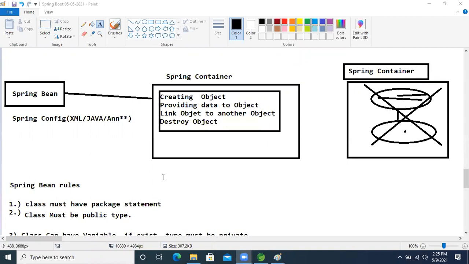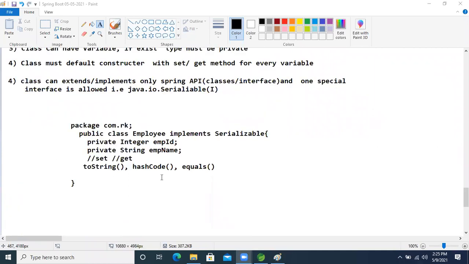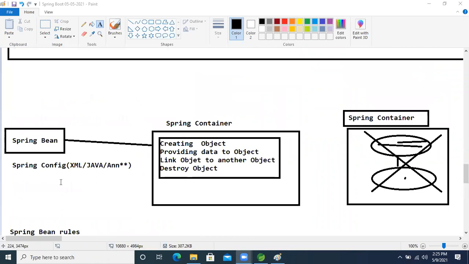So now, this is the rule for writing the bean. But in Spring, whenever we are working on it, this one works. But in Spring Boot, there is no concept of XML configuration.